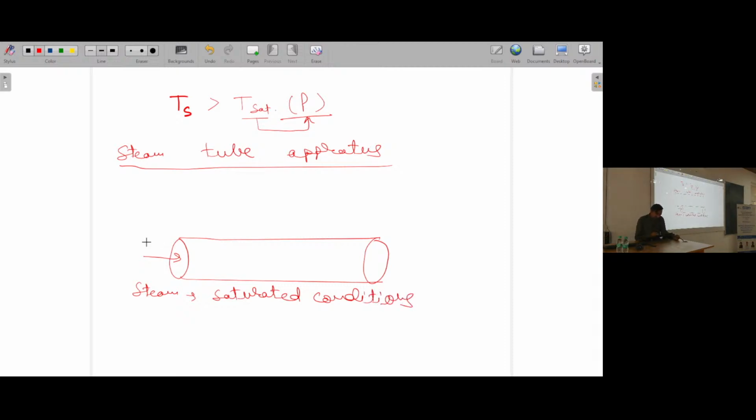So, say you are having saturated vapor which is entering this tube. What will be happening? Whenever this saturated vapor will be flowing, if it is supplying the heat to the liquid in which this tube is submerged, during that process, this working fluid, which is steam, will be losing the heat in the form of its latent heat of vaporization. And if we are able to control that, we will not go below the saturated liquid conditions, we will not enter into the subcooling regime,